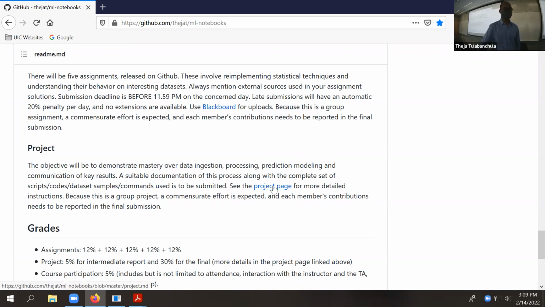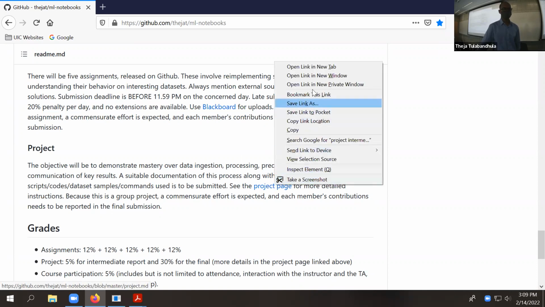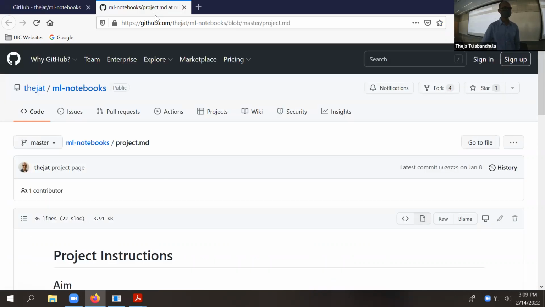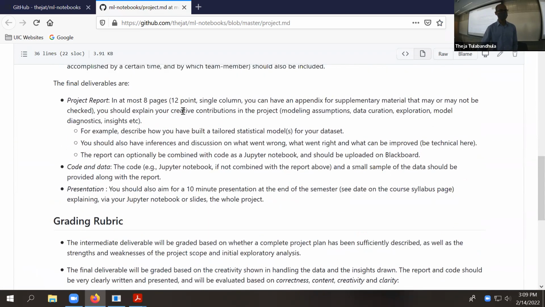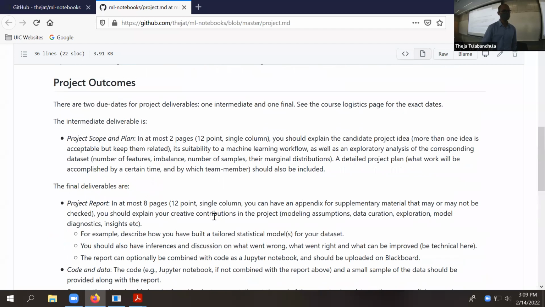I would suggest you look at the project page. Let me open it to get a sense of what the plan is. Although it's only talking about the final, the intermediate deliverable is listed here. It's basically for you to shortlist and be accountable. Why is there a need for an intermediate deliverable, although we only covered a partial set of topics? Because you can't wait till the end and then suddenly realize there's a huge percentage of a grade depending on the project.